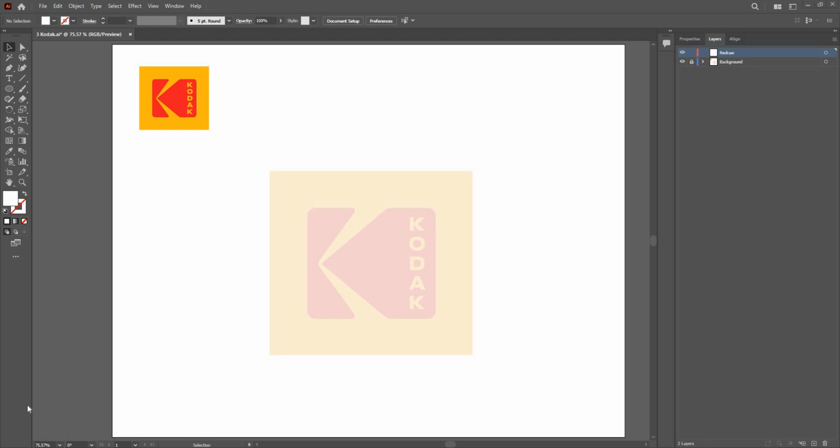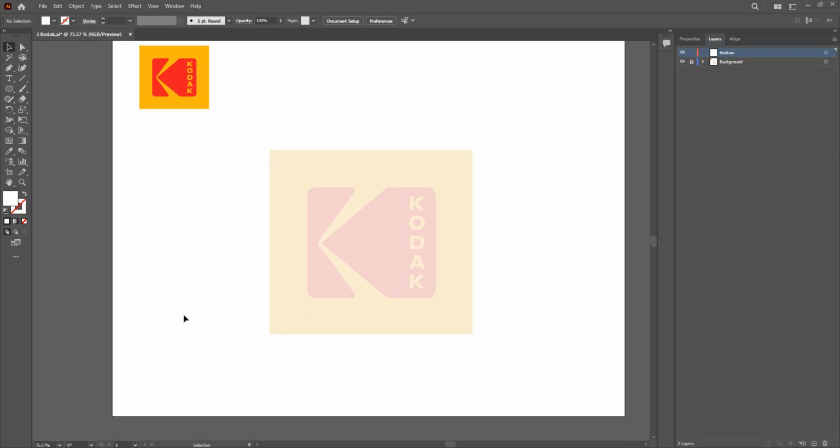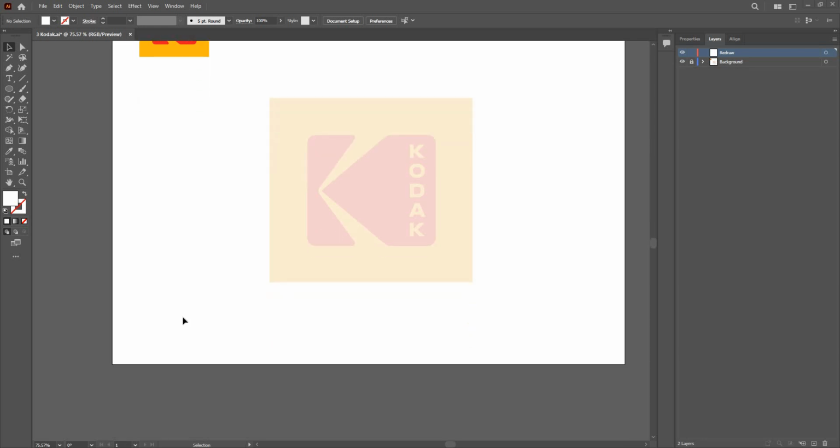Let's take a look at how to redraw the Kodak logo, the new one. This looks old. So we're going to use the shape builder tool. We're going to use the corner options and the eyedropper tool, and it's going to be quick and easy. So let's get started. I have this file on here,